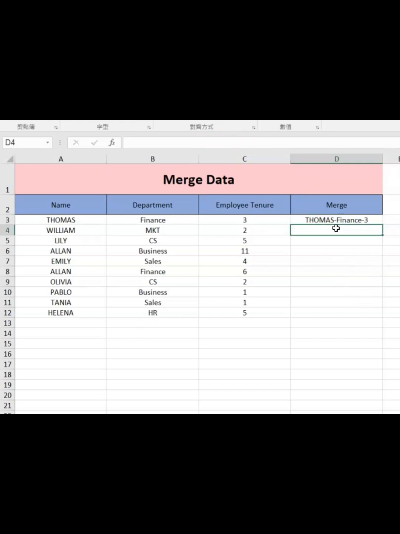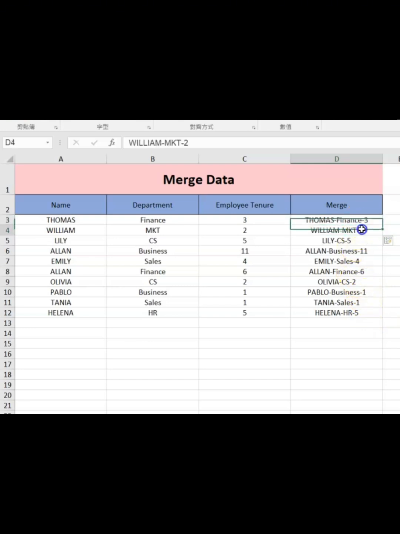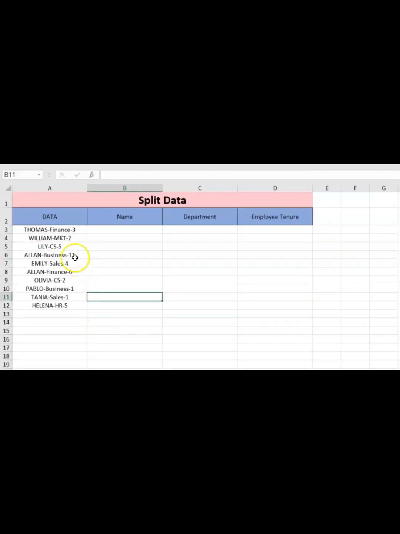Once we finish it, from the second cell under it, we simply Ctrl+E and we can see, quick and neat, that Excel automatically copies all the pattern we made for the first cell and then fills it all. Simple. Next, if you want to split the data like this, we have in the format that we don't want,